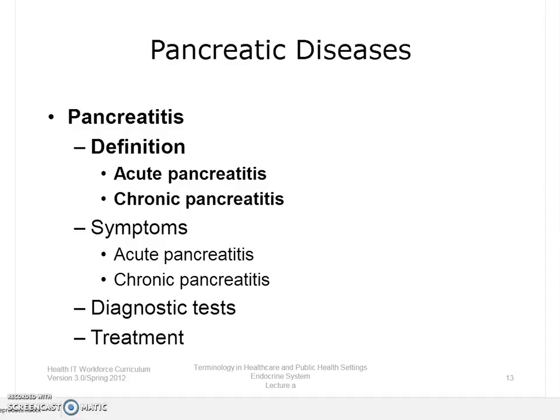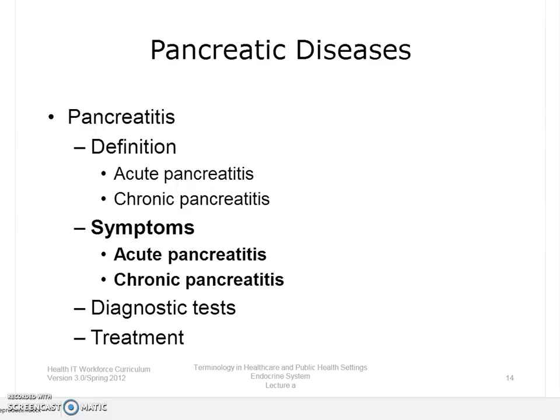As you recall, the pancreas is considered an accessory GI organ. Pancreatitis, or inflammation of the pancreas, is a disease that occurs when digestive enzymes start digesting the pancreas and nearby tissues. It can be categorized as either acute or chronic. Symptoms for acute pancreatitis include swollen and tender abdomen, nausea and vomiting,